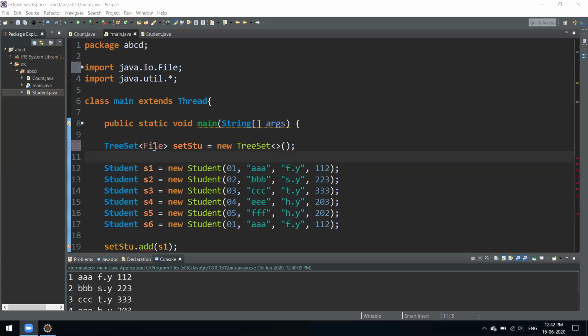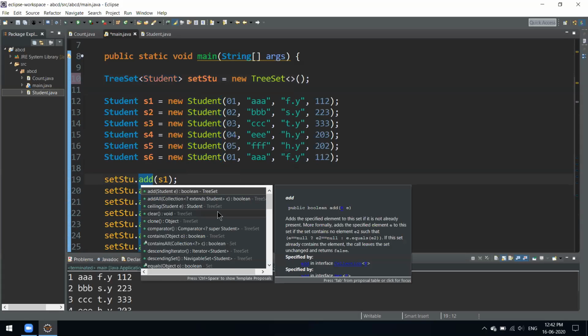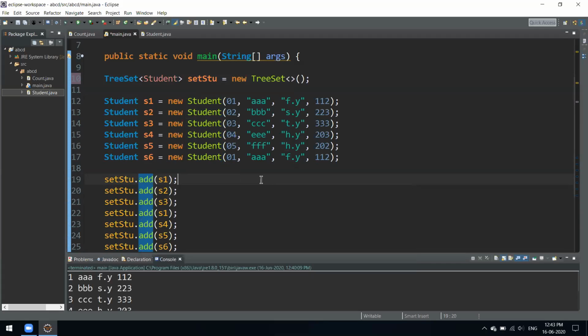So as I specified input type as file, it is throwing an error. We should have our input type as student only. So what we are seeing is linked hash set. Let's see what kinds of methods we have over here. We have this floor method. There are lots of them. If you just open up its documentation, you'll get a lot of them. There are various methods over here, and you can use them.